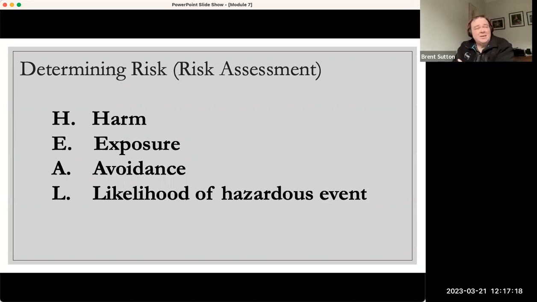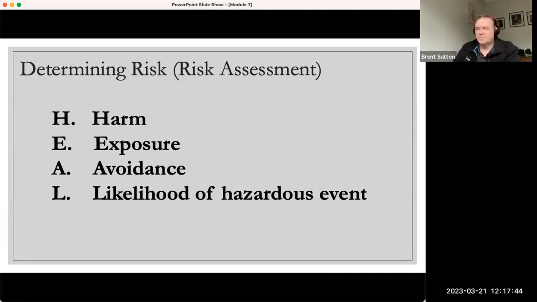Now, at the end of the day, I've never been a fan of colours, numbers or labels, but I do accept that that is the reality of what we have to live in. That organisations want to know if it's low risk, medium risk or high risk. Organisations want to give things colours. Organisations like using numbers. When I think about machinery, what's really important is that we use a model that actually